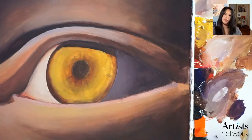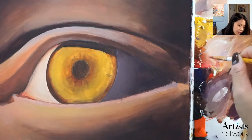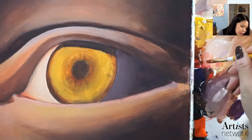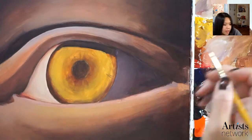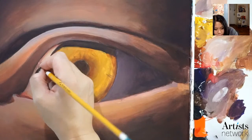There you go. It's a little bit better, right? I'm going to take a little bit more of the red and the sienna and add a little bit of my white. I'm going to run out of white soon. And add that, and maybe a little bit more of this red, and